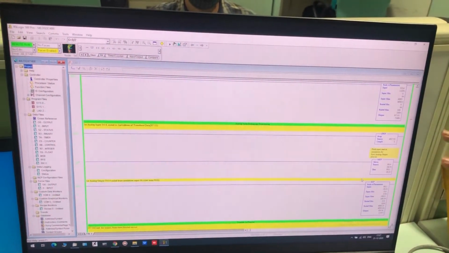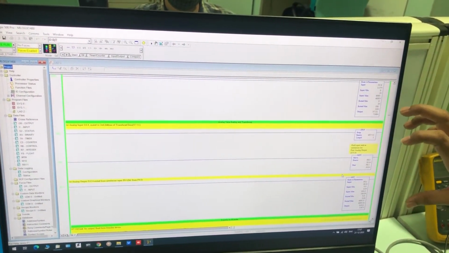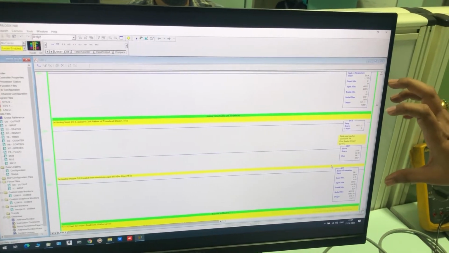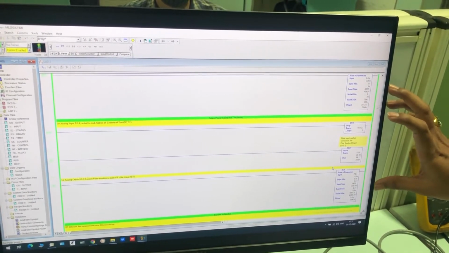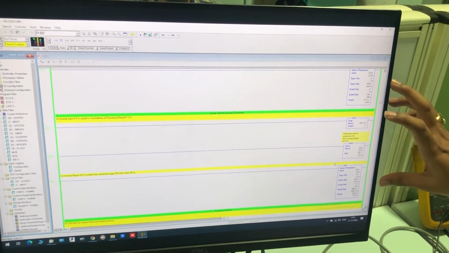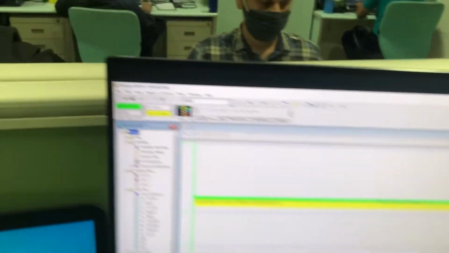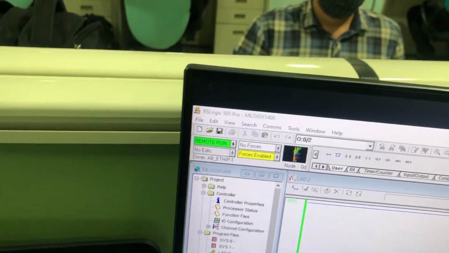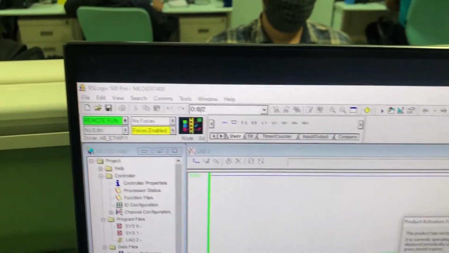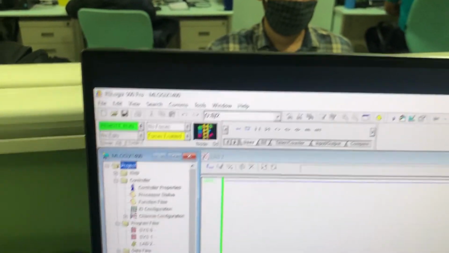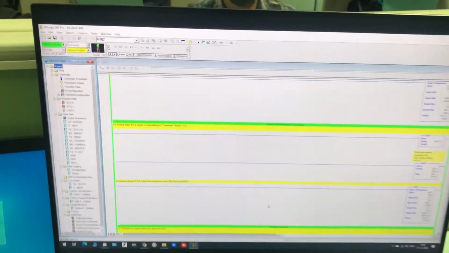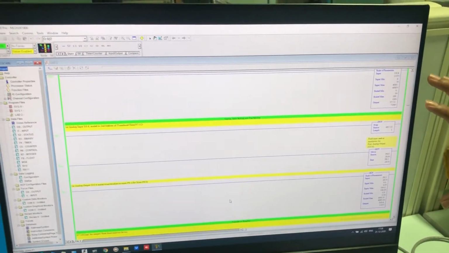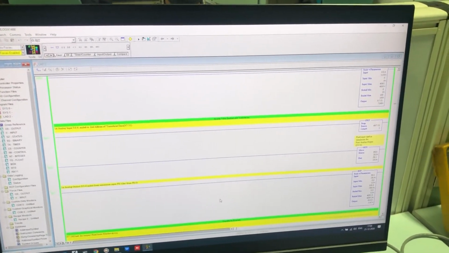Then for analog inputs and outputs, we need to give the inputs and outputs from the Rockwell software. So this is the Rockwell software from where we are going to simulate the analog inputs and outputs. Only for analog inputs and outputs. However, in our actual configuration, all our analog inputs and outputs will be coming directly to the Siemens DCS controller.